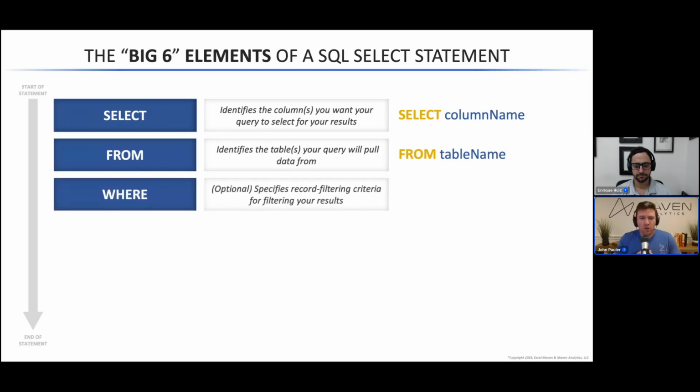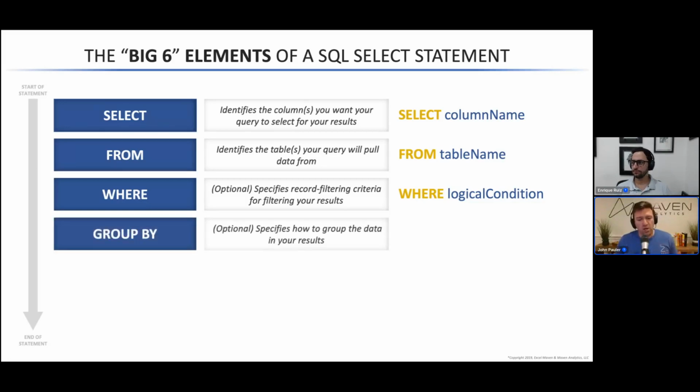Next, if you want to filter for specific criteria, you only want certain records. So for example, in our rental table previously, if we only wanted records that happened today, then we could impose a logical condition in a where clause that would filter that data just to today's rentals. And that's something we do all the time.